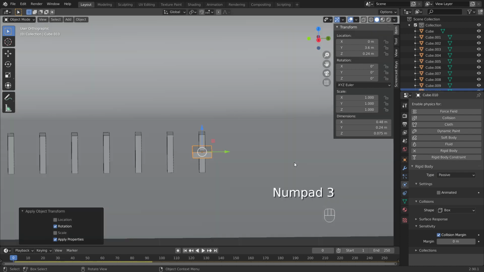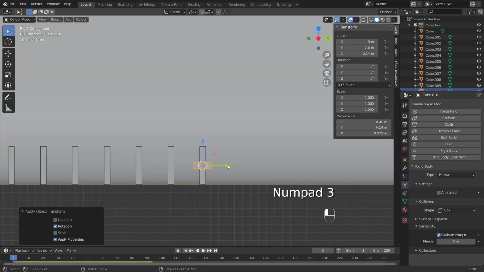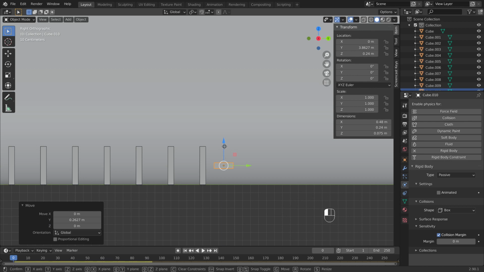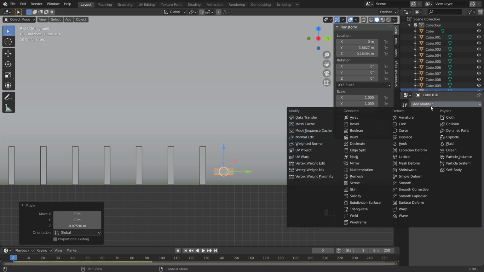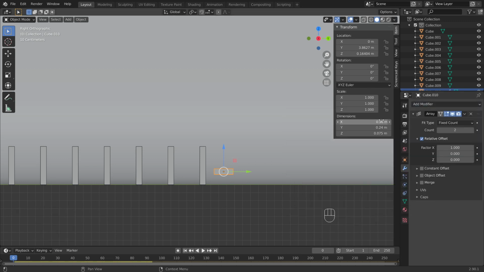Now with the numpad 3, I'm going to switch to right orthographic view and position the step. And after it's done, I'm going to use the array modifier to create the rest of the steps. In the modifier settings, I will disable the relative offset, enable constant offset, set the y distance to 0.3, and z distance to 0.15. Finally, I will set the count to 10